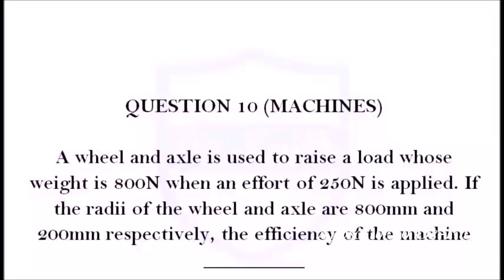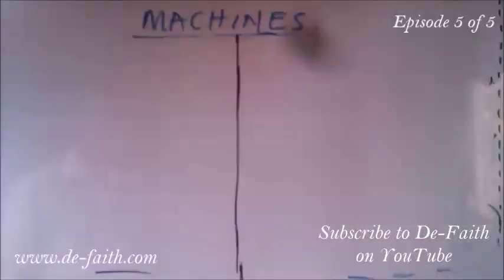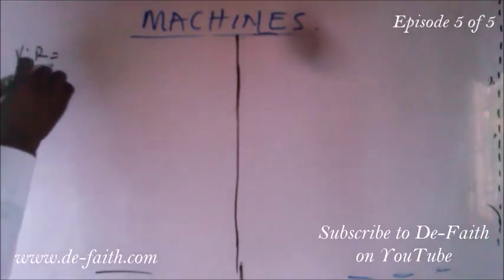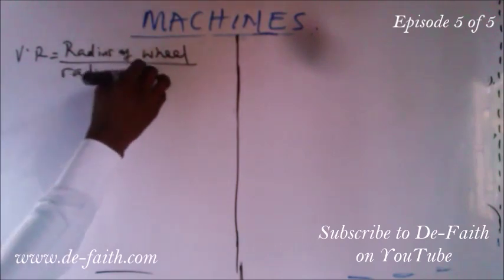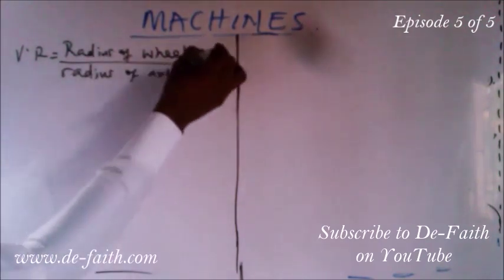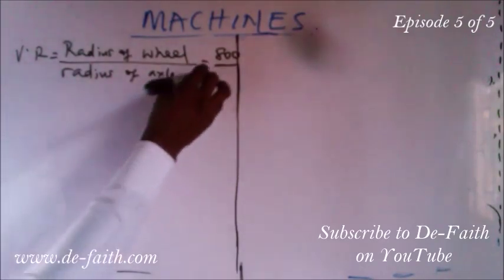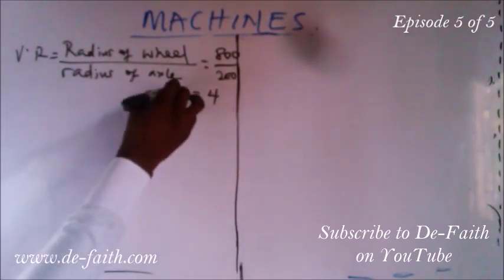A wheel and axle is used to raise a load whose weight is 800 Newton when an effort of 250 Newton is applied. If the radii of the wheel and axle are 800 mm and 200 mm respectively, find the efficiency of the machine. We are given the radii of the wheel and the axle. So the velocity ratio equals the radius of the wheel over the radius of the axle. That of the wheel is 800 and that of the axle is 200, and so we'll have 4 as the velocity